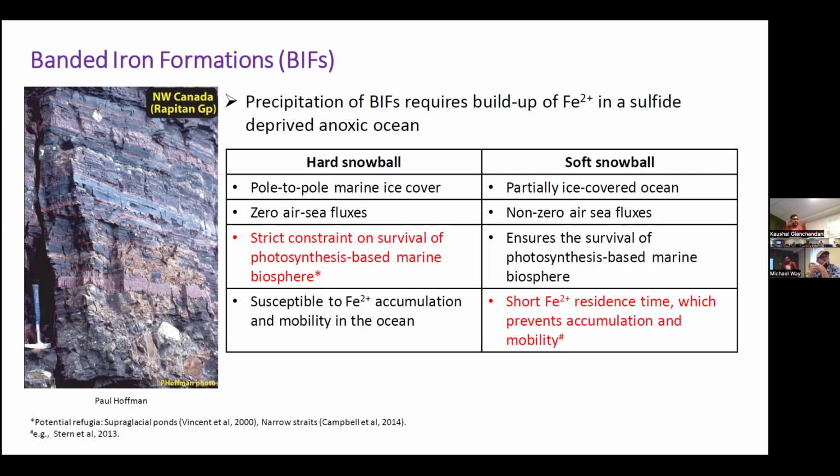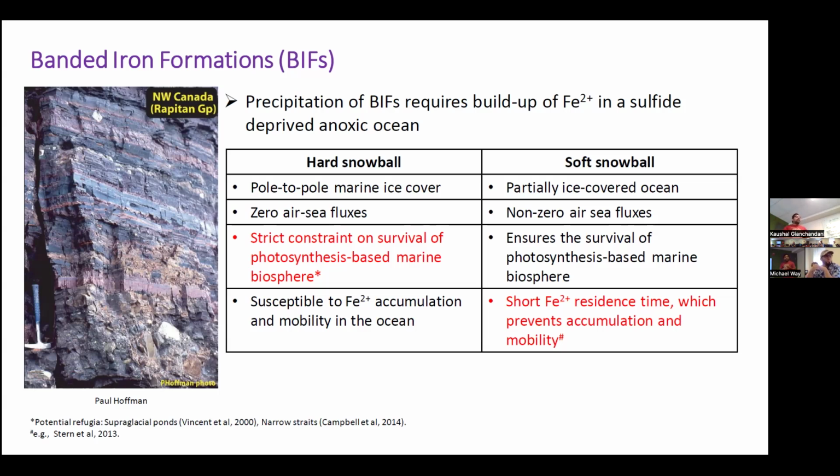This would render the underlying ocean anoxic, and that would allow for iron 2 to build up in the ocean. To put things in perspective, iron 2 is not found at all in the present day ocean if you're considering a global scale. You can find iron 2 traces near hydrothermal vents, which are sort of an anoxic environment, but otherwise a majority of the iron that is present in the present day ocean is iron 3,